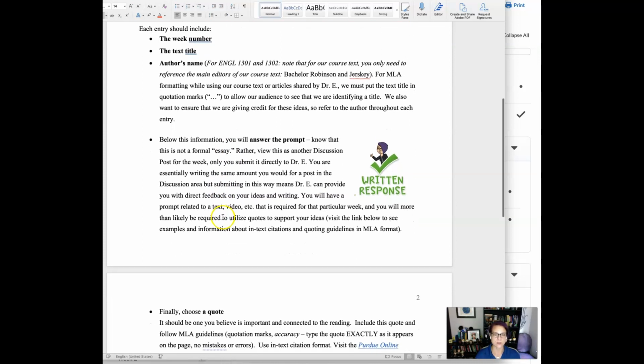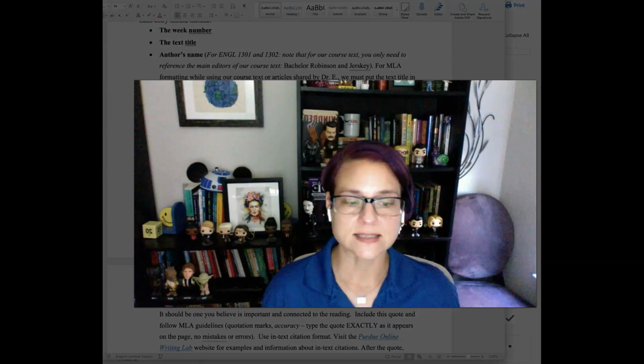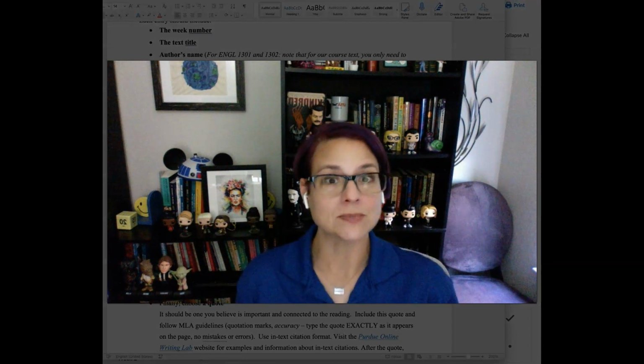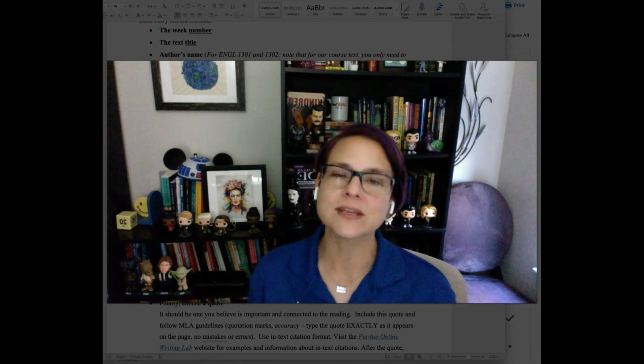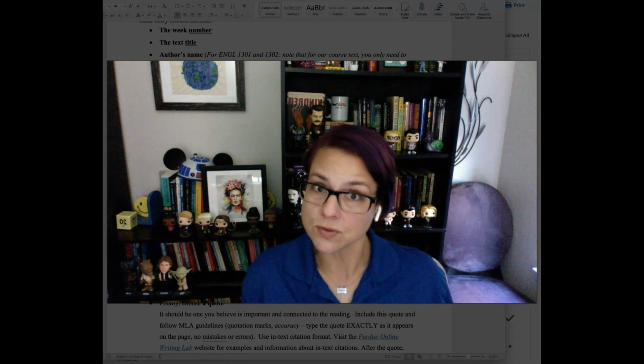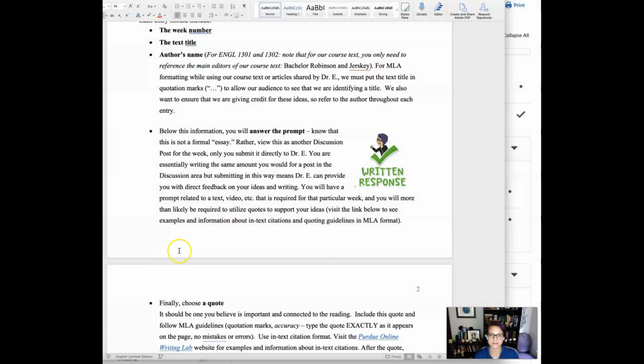I can just give you that more direct feedback, but it also requires MLA guidelines. It does not require a works cited because I've assigned the prompt. I know what you're reading, right? But it does need page numbers. You know, when you're utilizing quotes, which you should do if the instructions say to, we need page numbers, right?